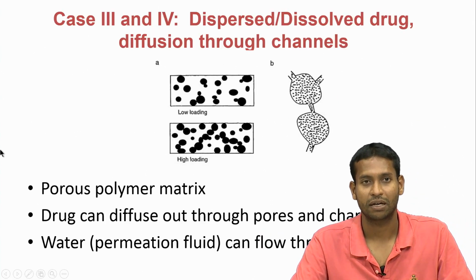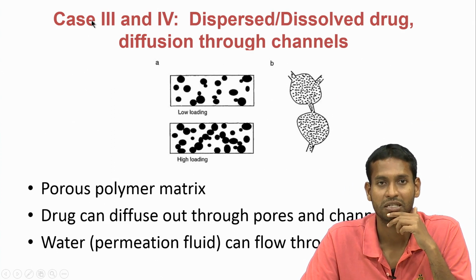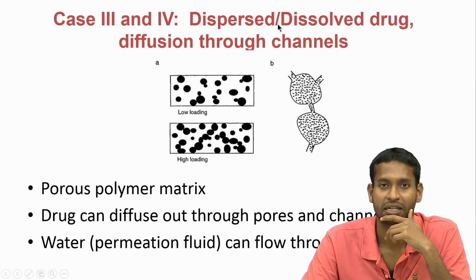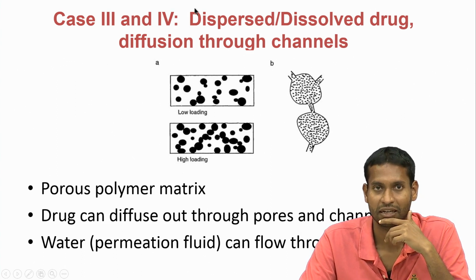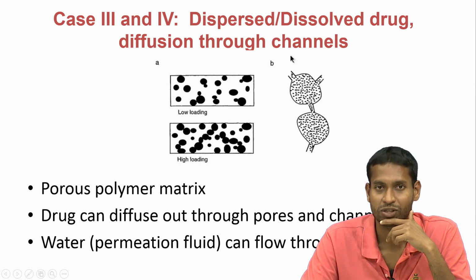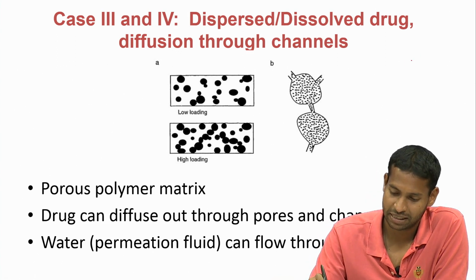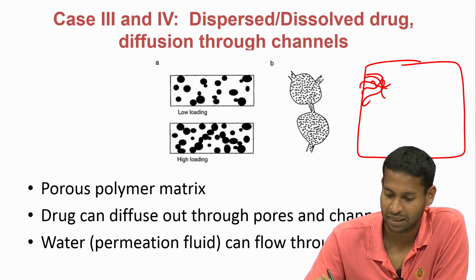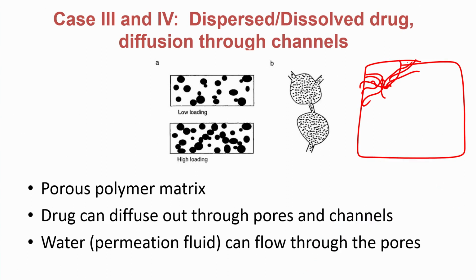Okay, so let us look at the other 2 cases of the non-erodible system. Case 3 and case 4 are very similar to what we have already discussed. These could be dispersed and dissolved, case 3 and case 4 respectively, and the drug diffuses through channels. What we are saying now is, at the time of formation of the device, there are always some defects. Maybe the polymeric chains are fairly close, but there are always areas where the amount of polymeric chain might be lower. So, it forms these